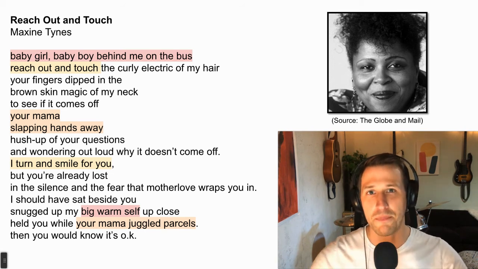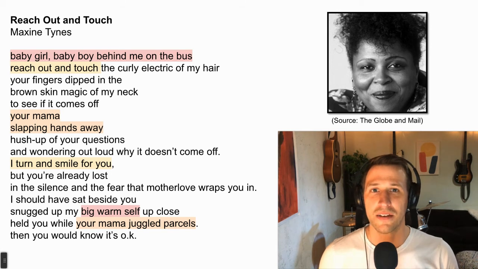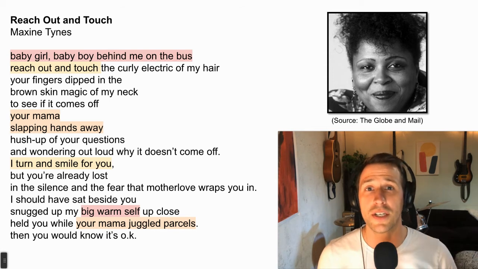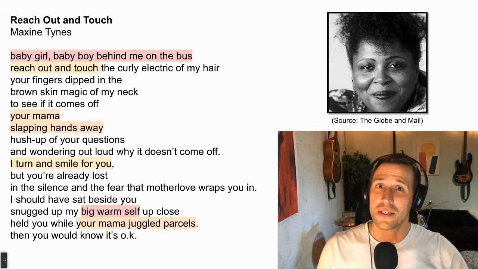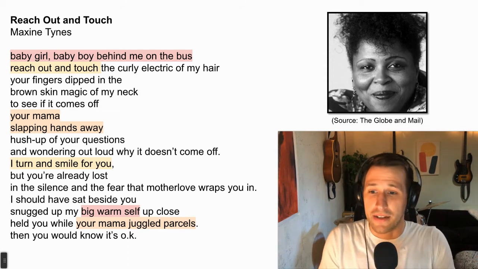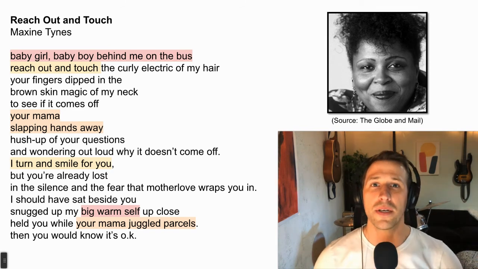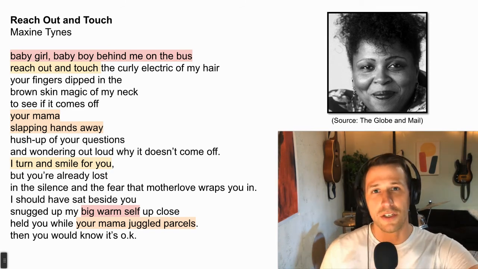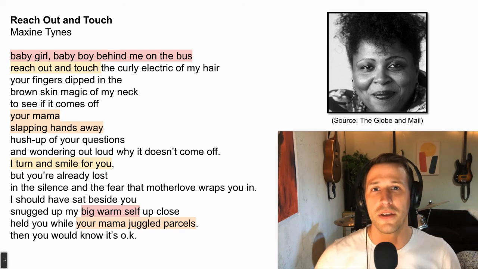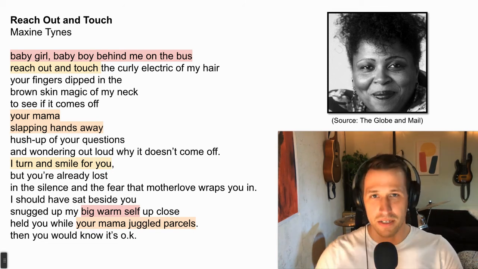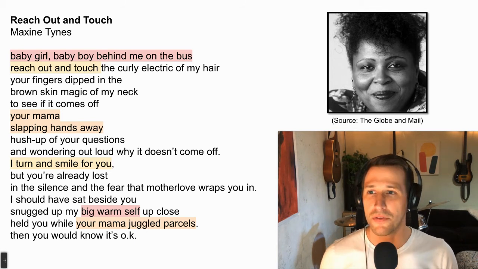So if we're trying to picture the moment and paint a picture of this, I imagine a morning commute or an afternoon commute on a busy bus, someone sitting maybe in front of these kids and they reach over and are touching her. And the mother is maybe preoccupied, busy. She's standing there like the line says, juggling parcels. She's standing there with her hands full, maybe a little bit distracted. So at least these two kids, a woman sitting down, and the mother, all sitting maybe at the back of the bus or the front of the bus. But it's just one moment on this bus.